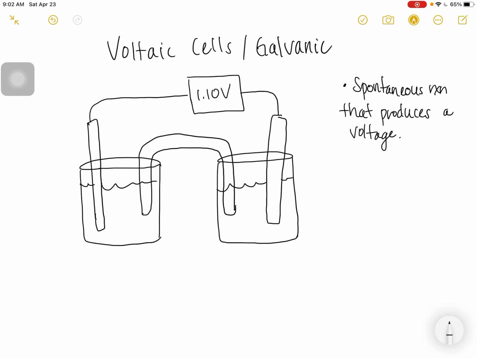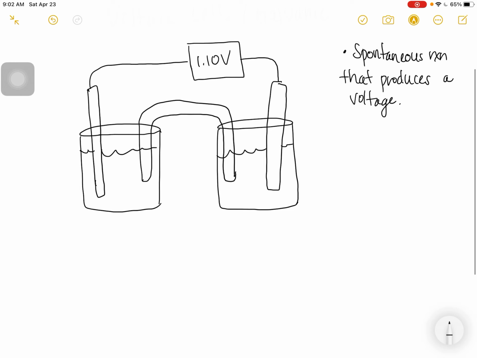So your picture is labeled much more than my picture is so far, and we'll label that as we go because I want to talk about each component before it becomes overwhelming. Okay, so we have these two pieces of metal, and our picture says that this is zinc metal and this is copper metal. Okay, so it's a strip of metal, and these two pieces of metal are called electrodes. And so they are solid metal. In this case, our electrodes are zinc and copper, but that's not always the case. They can be